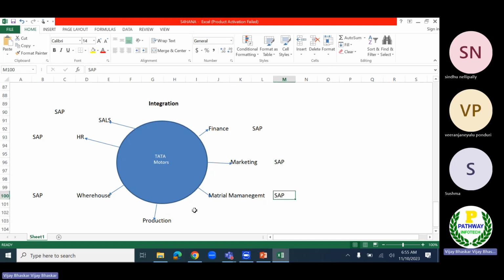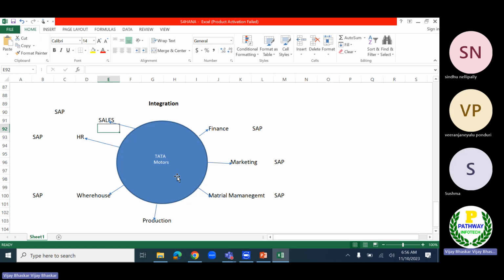Now let us talk about the previous example only. The moment the sales department receives orders from the customers, the important thing here is that when the organization adopts the SAP functionality, they will have one common, central database to feed all business transactions, either sales related, HR, production, finance, marketing.